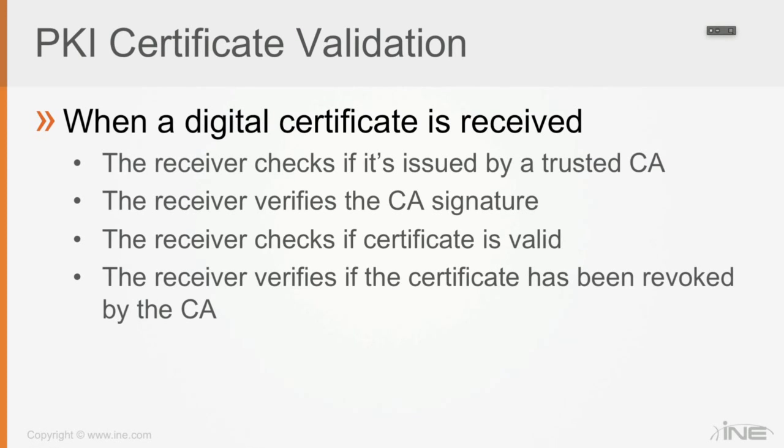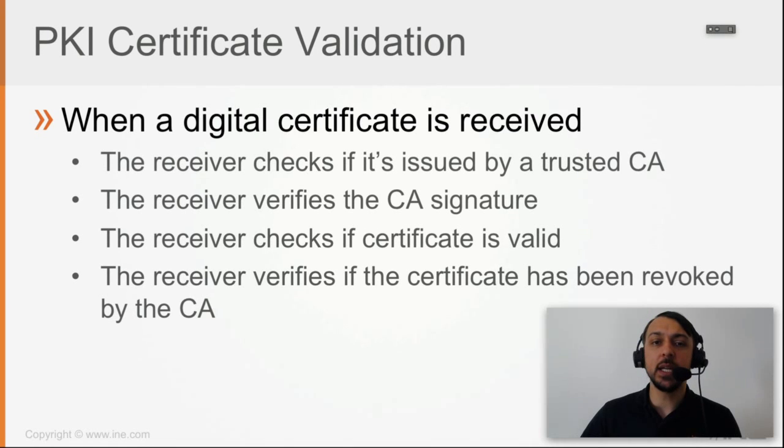So the second step is that they verify the CA signature, and then they check if the certificate is valid. So they look to see if the passport is not expired, because if it's expired, clearly it's not valid. And then also they check if the certificate has been revoked by the CA, which means they check in a